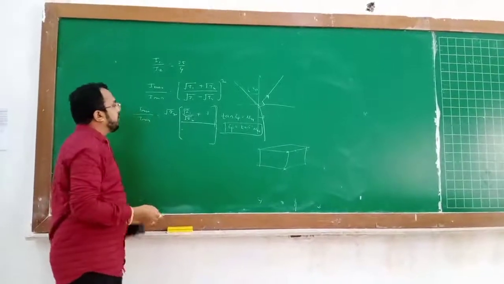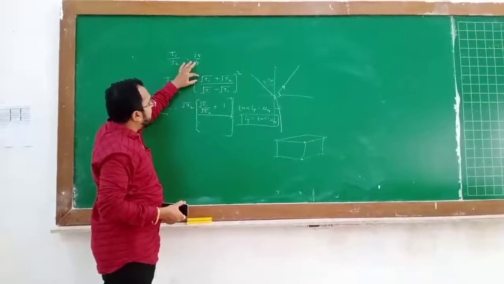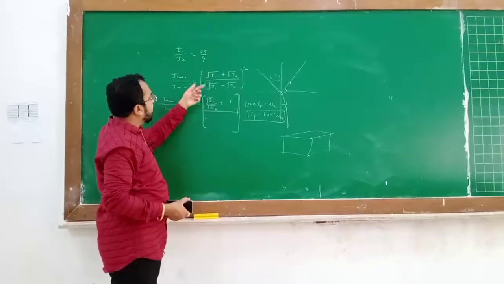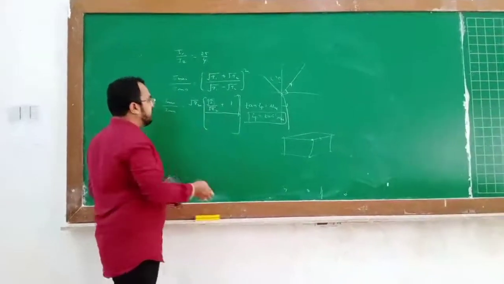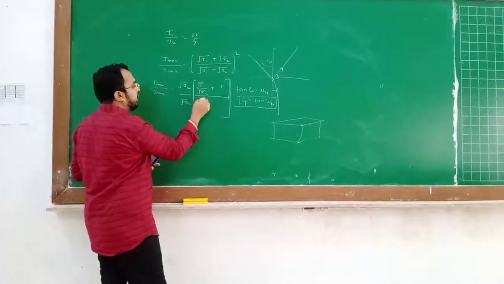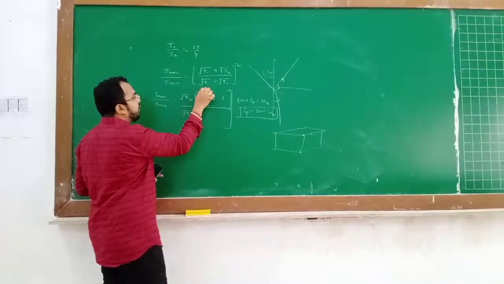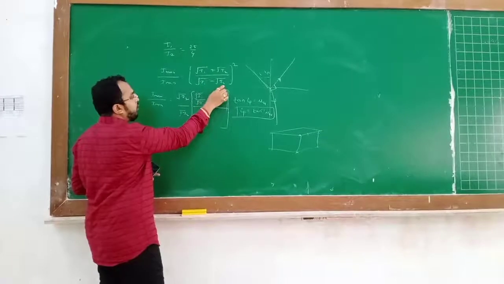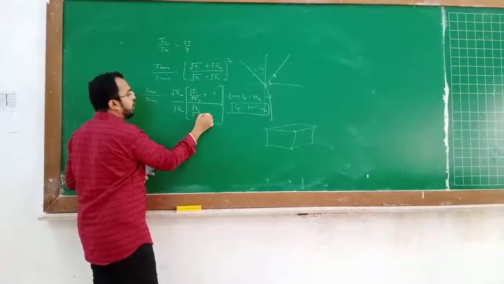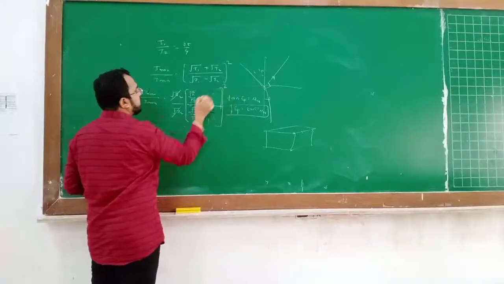Okay, what did we do? Here root I2 was there to take common, but here root I2 is not there. So I have written root I2 here as well as in the denominator. From the denominator also I will take root I2 common. So it will be (root I1 upon root I2 plus 1) upon (root I1 upon root I2 minus 1), the whole square. This root I2 and this root I2 get cancelled.